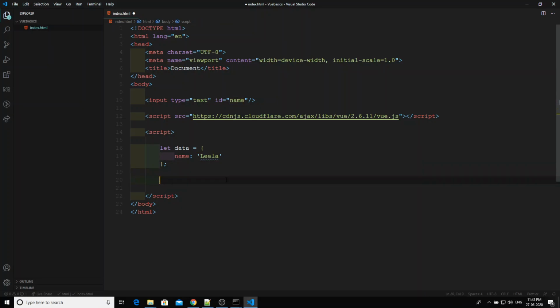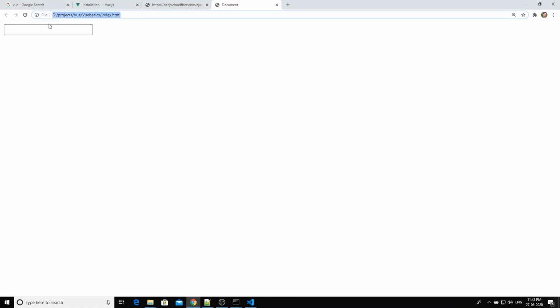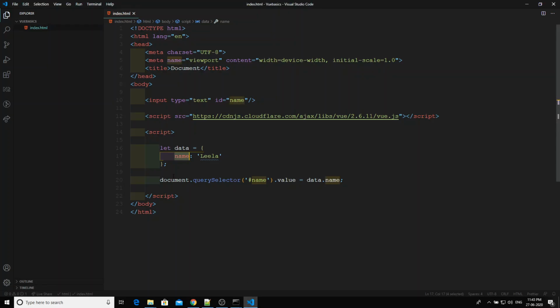So we will write document.querySelector with the ID of the name, dot value is equal to data.name. What it will do is go to the input element of this name and populate the value with this variable. Let's see the output. Yes, the name is available. This is the traditional method.